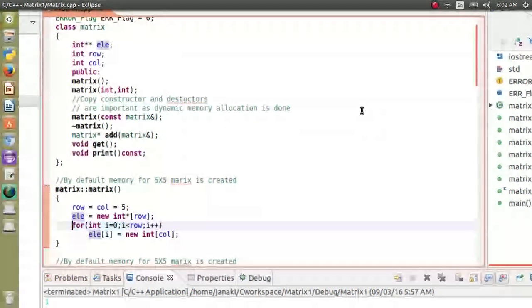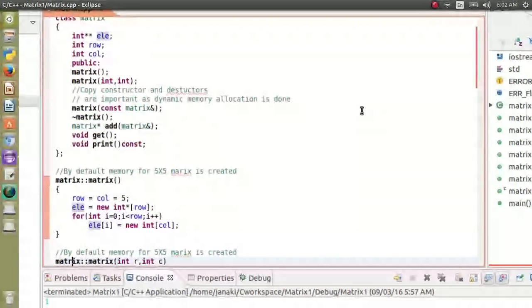And in the next line, I am going row by row, and then I am allocating the memory for storing the elements. That is what is here. And next is the